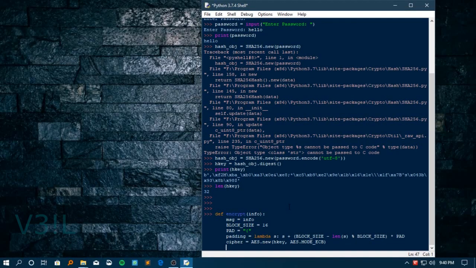Right, now cipher, and the results will be stored in the variable called result. It's simple as that. Result equals cipher dot encrypt. We are going to use the encrypt function from this cipher object. So encrypt,